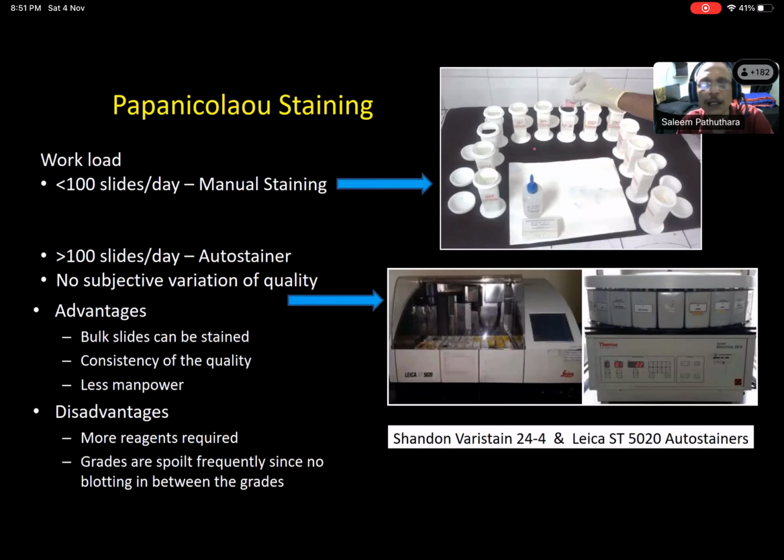Now coming to the staining, it can be manual staining; it depends on the workload. If the turnover is less than 100 slides per day, manual staining is okay. It is profitable. If the number of slides is more than 100 slides per day, with 100 kept as the cutoff, we can use an auto stainer. You can use any company's auto stainer, whichever one is suitable for you. But always remember, the stainer has to be selected in such a way that the alcohol usage is minimal, because alcohol is very costly. So you have to take troughs with minimal alcohol usage. That will give profitability to the lab. Now, coming to the main advantage of auto staining: bulk slides can be stained.